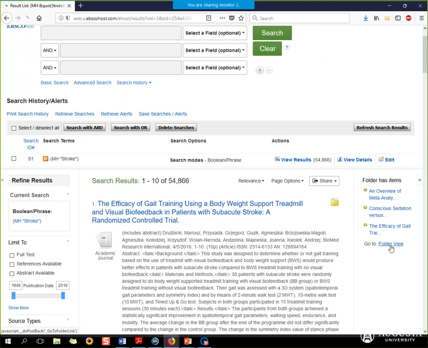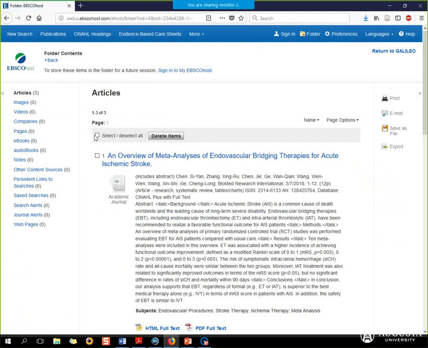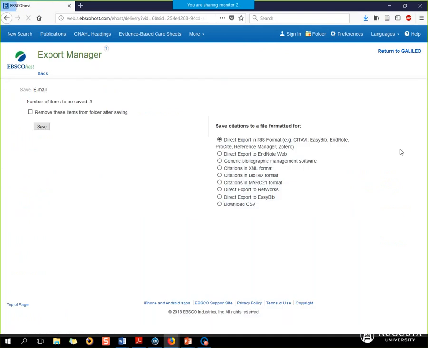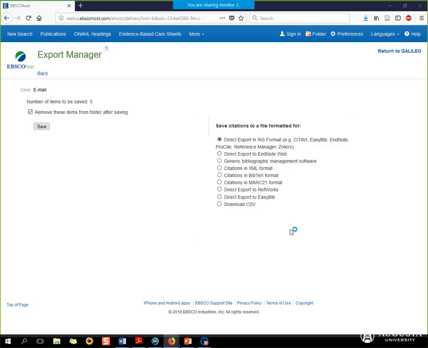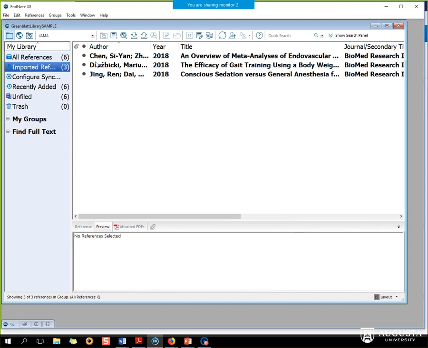And you can simply go to a folder view. You can select these and export at that time, and you're going to see over here an export link. And once I save those, by default it's going into an RIS format. Anytime you do ASCII export, you're looking for EndNote or RIS format, an old-fashioned format, but it works great. We simply say OK. If it says Research Soft Direct Export Helper, or if it says EndNote, those are both perfectly OK. Simply say OK, and there's the 3 that I just took from CINAHL, and now we're showing those